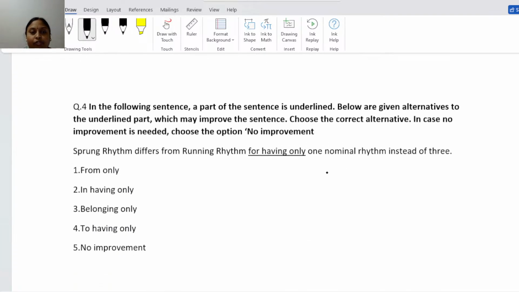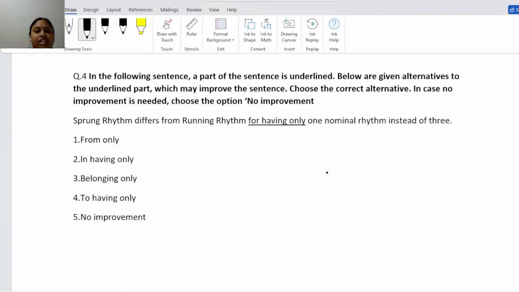Now we will go for the fourth question. In the following sentence, a part of the sentence is underlined. Below are given alternatives to the underlined part, which may improve the sentence. Choose the correct alternative. In case no improvement is needed, choose the option no improvement. So here we will go for the sprung